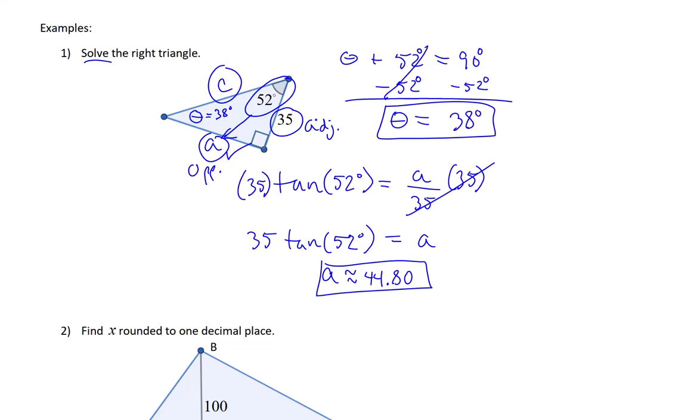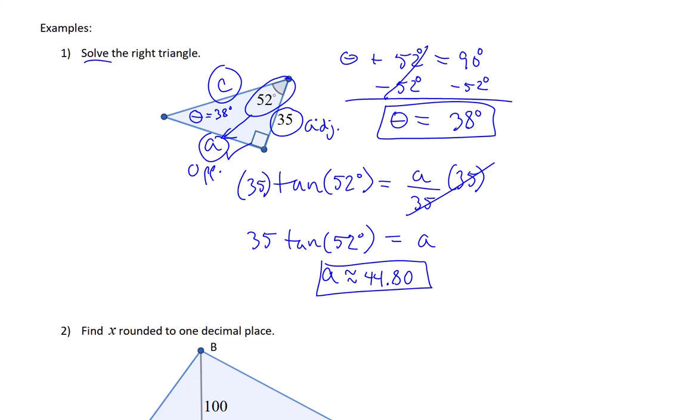So I'm not going to use a rounded side to find another missing side. It'll just create compounding error. Rather, I'm going to use the given non-rounded side of 35, which means I'm going to use the adjacent. I'll even reuse the angle 52, but you could use the 38-degree angle as well and get the same result. But I'm going to reuse 52 since we're already warmed up with it, and we've already labeled the